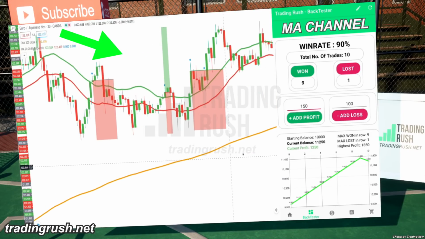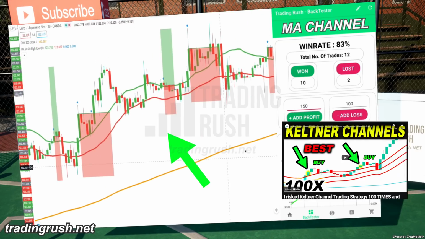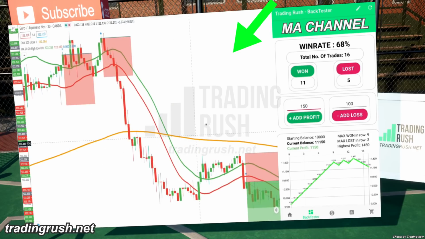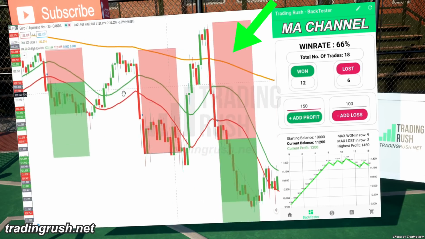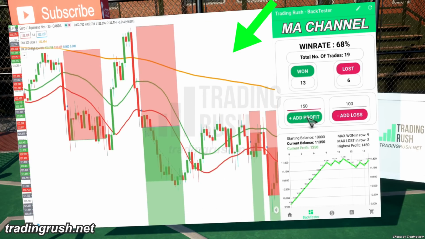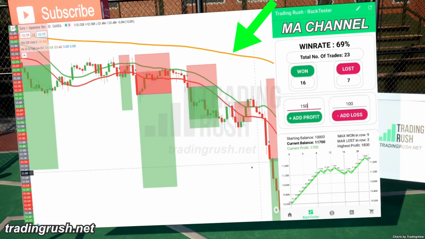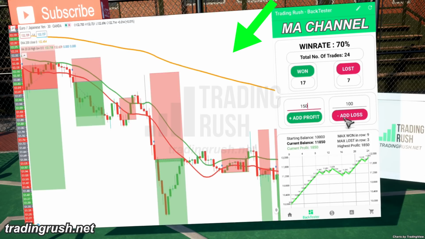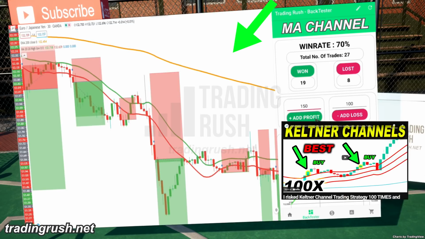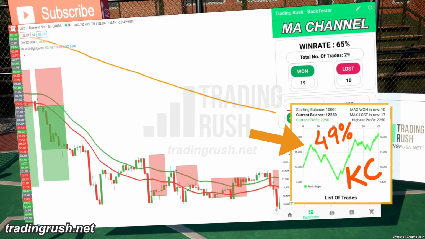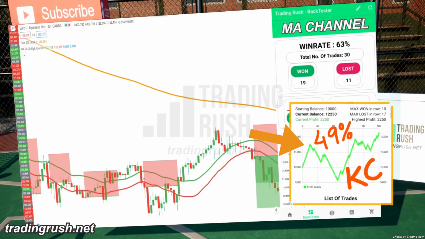But you see, this moving average channel looks very similar to the Keltner channels, and in both Keltner channels and the moving average channel strategy, we buy and sell when the price opens and closes above or below the channel respectively. If that's the case, we should expect the moving average channel to perform just as good as the Keltner channels, right? Well, this is what the profit graph looked like when we took 100 trades with it on the